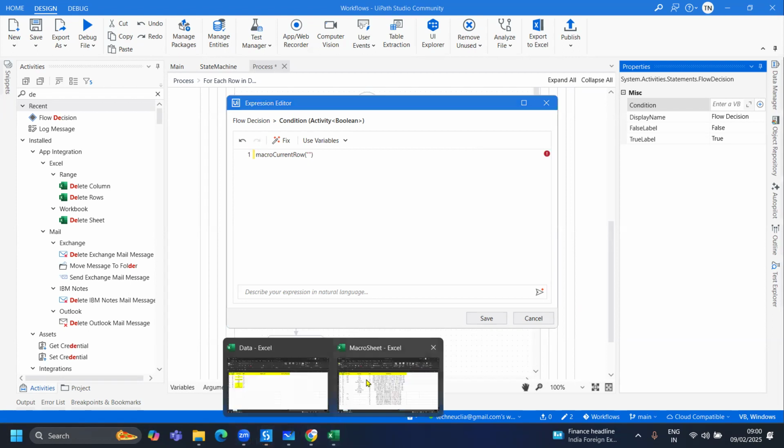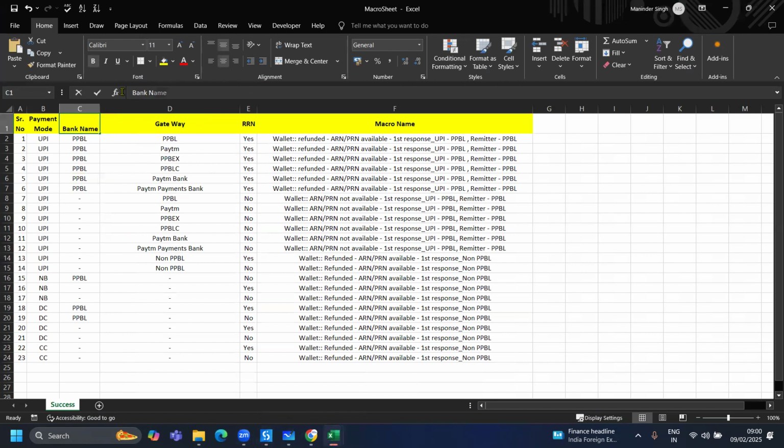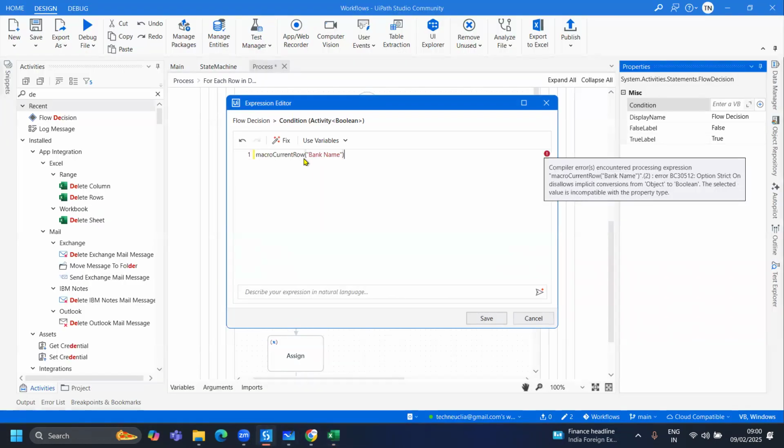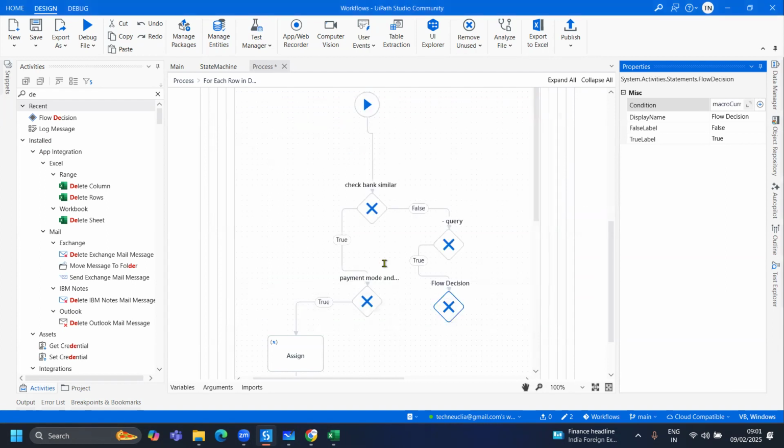Macro current row, in which I need to check whether my bank name, copy, paste it over here, dot toString dot contains, and sorry, this one, and hyphen. So if this bank name contains SBI and so on, and this is hyphen, if this bank name is not hyphen query,